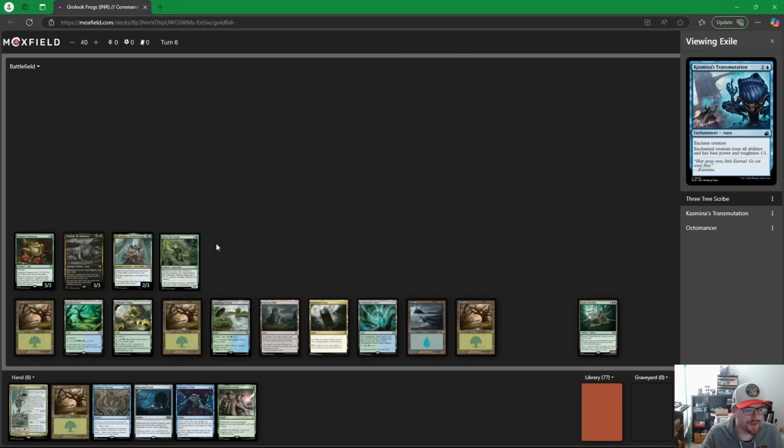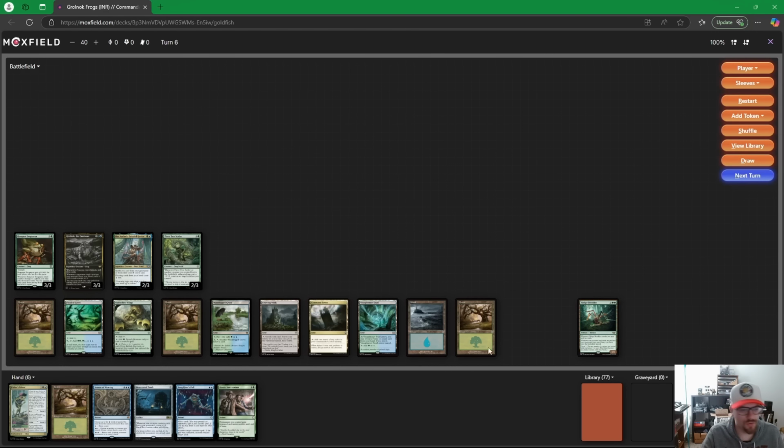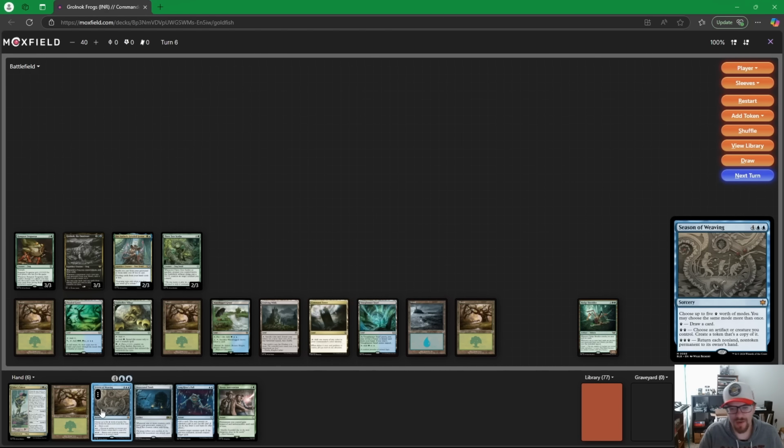The Scribe could crew the Hedge Shredder this turn. That was 2 for Dock, 1 for the Scribe, 1, 2, 3, 4, 5, 6 mana left. Season of Weaving is a card that might look odd, but I kind of like it. You can draw, you can make copies of things, you can return everything back to their opponent's hands if you